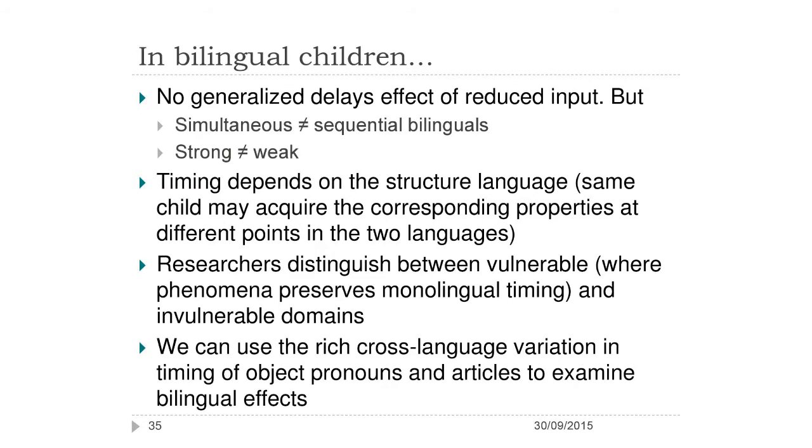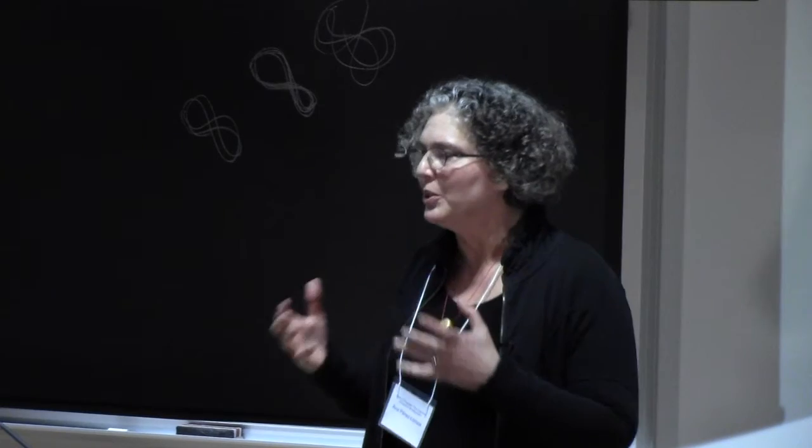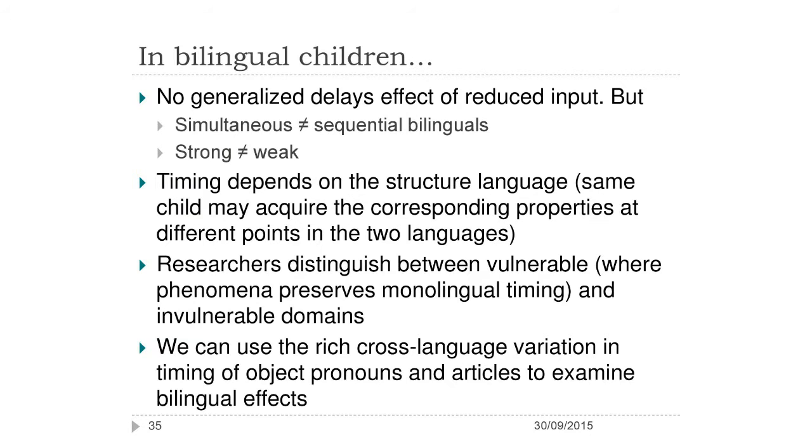Are you talking about a child in his strong language or his weak language? Look, if my son's Spanish is very, very slow, I'm not going to judge his language abilities on the basis of a language that he doesn't speak that well, right? So we need to match bilingual children in their stronger language, and we need to consider whether we're talking about the first or the second, right? But timing also depends on structure.